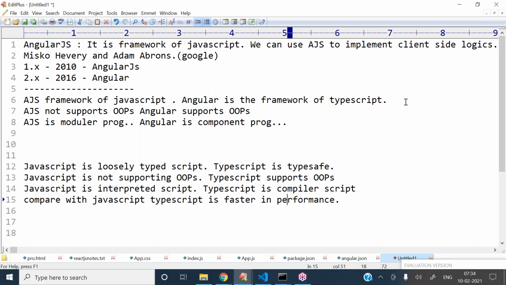Next, the AngularJS code, which we have written in AngularJS, is visible on the browser. So AngularJS code we can see in the view source of the browser.